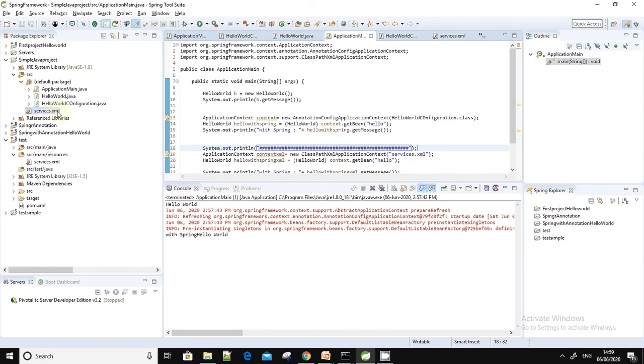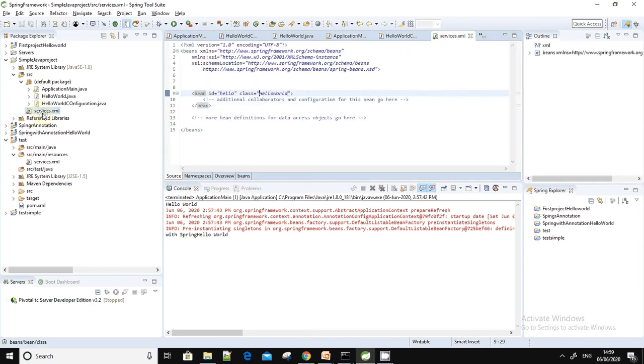The bean name is nothing but the hello we used in the XML. We are just changing that ID to something different, for example hello world, so it can be differentiated from the above one.